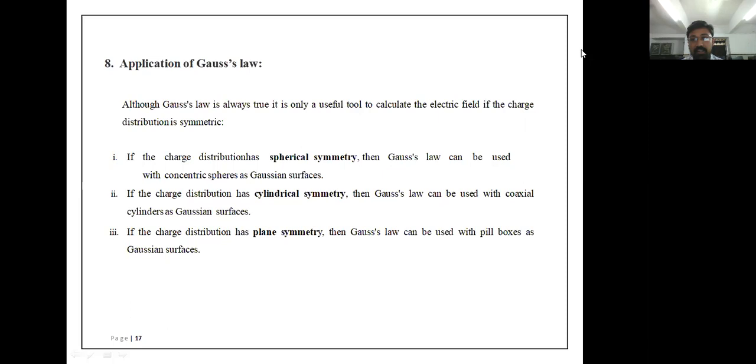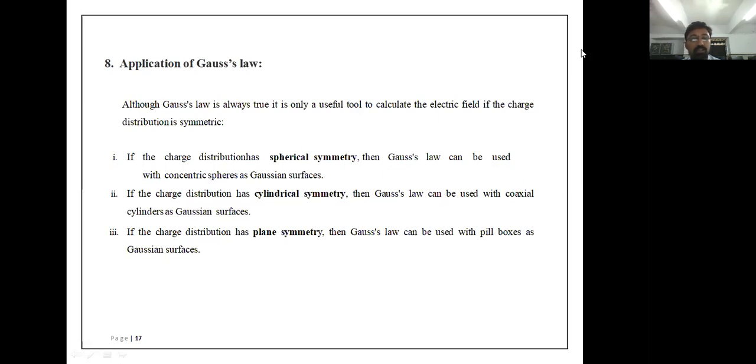So when the charge distribution is cylindrical symmetric, that is, the charge distribution is on a cylinder, in that case we use a coaxial cylinder as the Gaussian surface and, using Gauss's law, we can find out the electric field. And number three, if the charge distribution has plane symmetry, then Gauss's law can be used